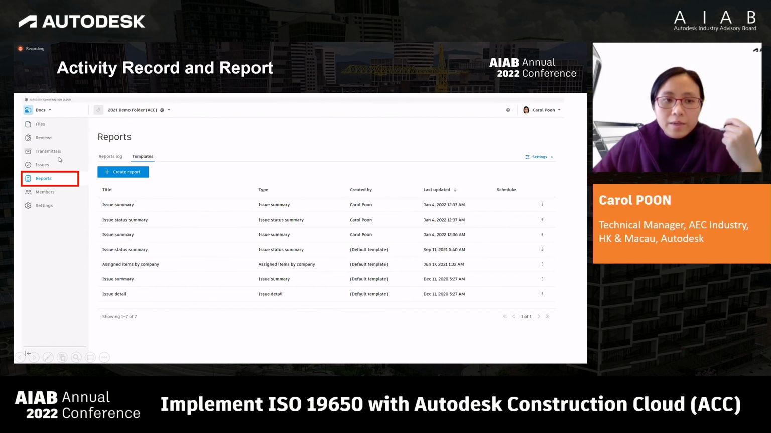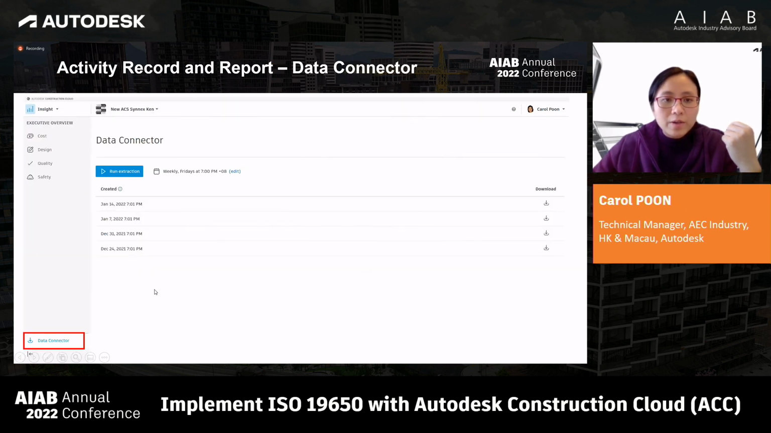Okay. Finally, when you want to generate some reports, you can go to the Docs module, and there is a reports function here. So you can see issue summary reports here. We have different types of templates for you to use. In addition, if you want to do a more detailed report with Power BI or other external tools which make use of Excel data, you can go to the Insight module and then make use of the data connector. Inside the data connector,